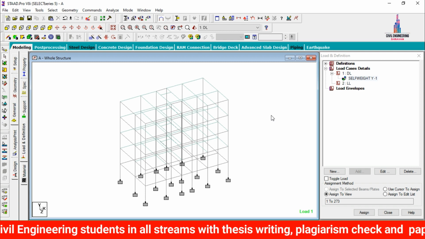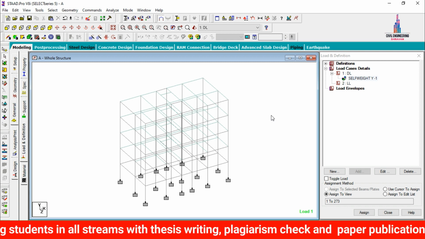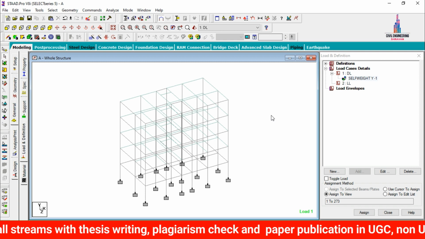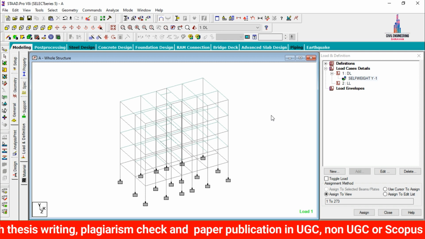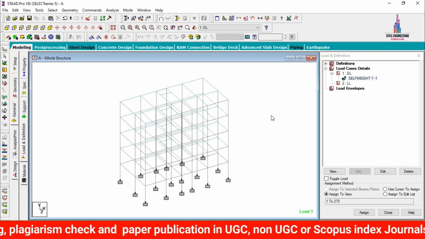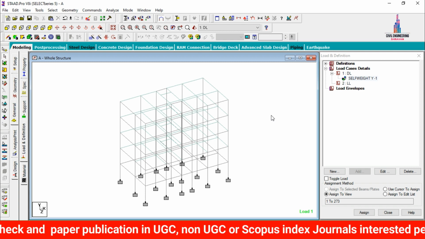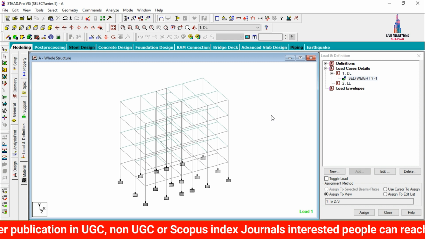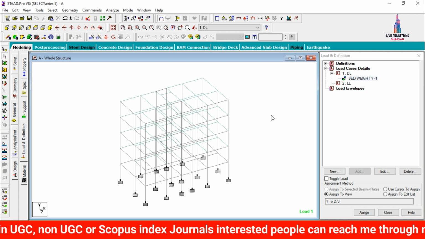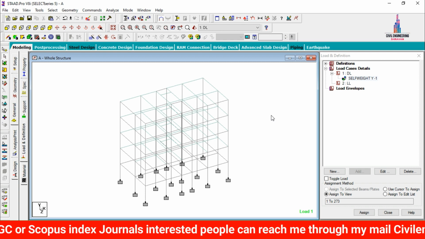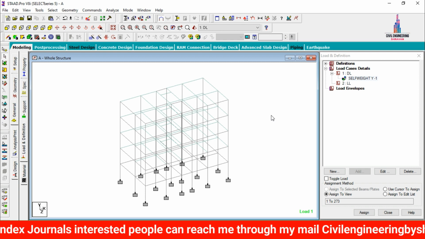So after applying the self weight, we need to add the external wall load, internal wall load, as well as the parapet wall load for this respective structure. Along with that, we will add the floor finishing load also. So basically, if you consider only the frame model, which comes under the structure of G+3, we need to consider only the self weight. Along with that, in the respected models, if you consider the load cases which come under the wall load condition,